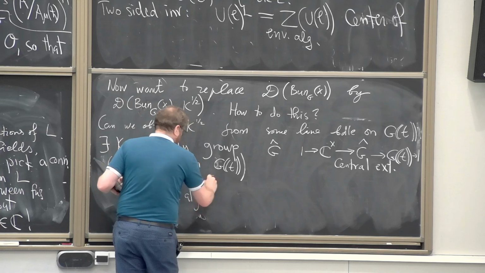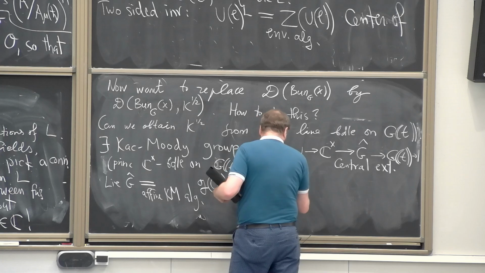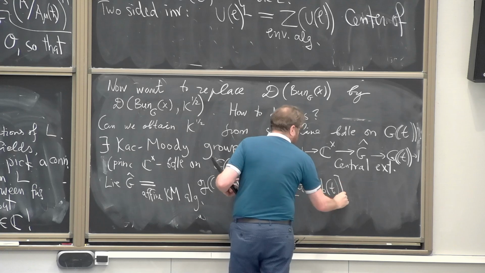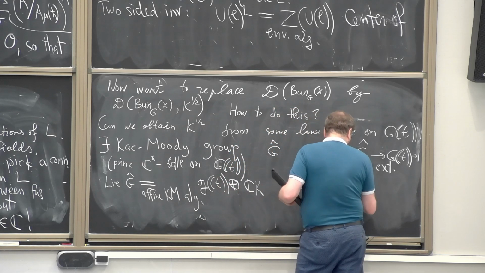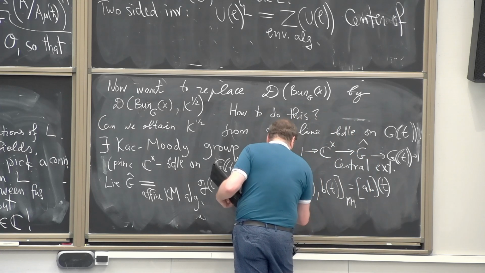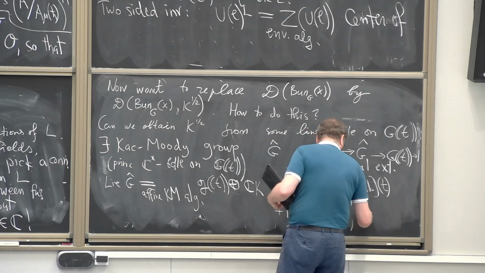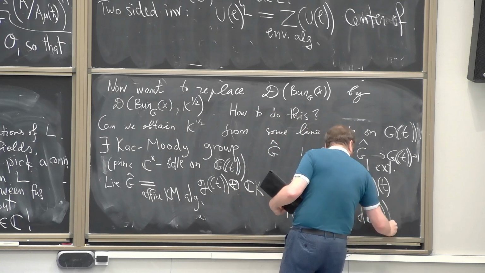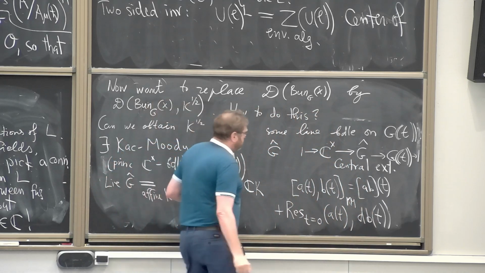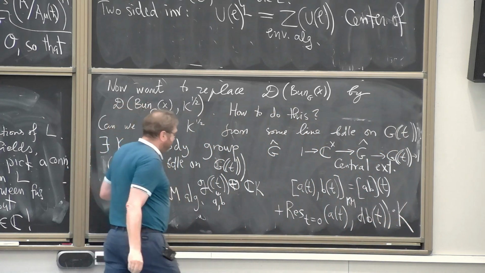which is of the form G of T plus C times K, and the commutator has the following form: A of T commutator with B of T is the usual commutator, plus the residue at T equals 0 of A of T inner product with differential of B of T, where A and B lie here, and this gets multiplied by K. So this is the standard Kac-Moody extension, and